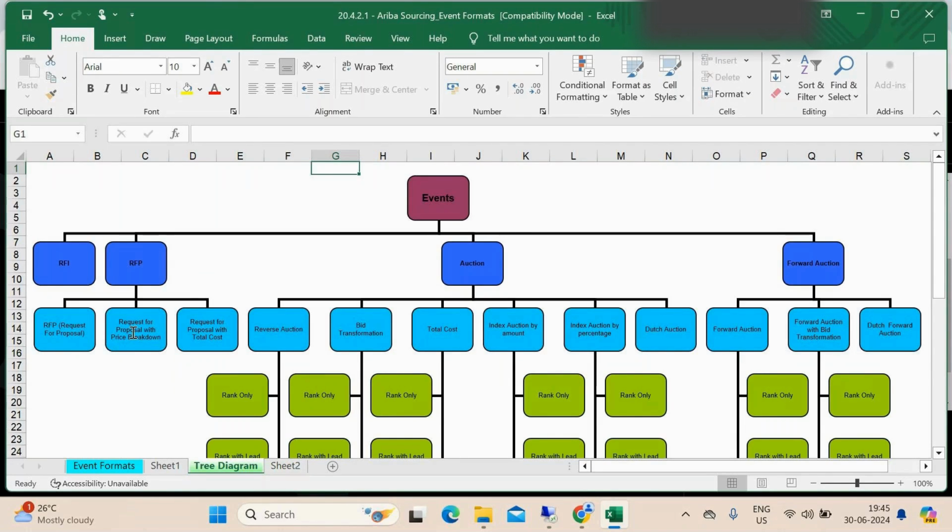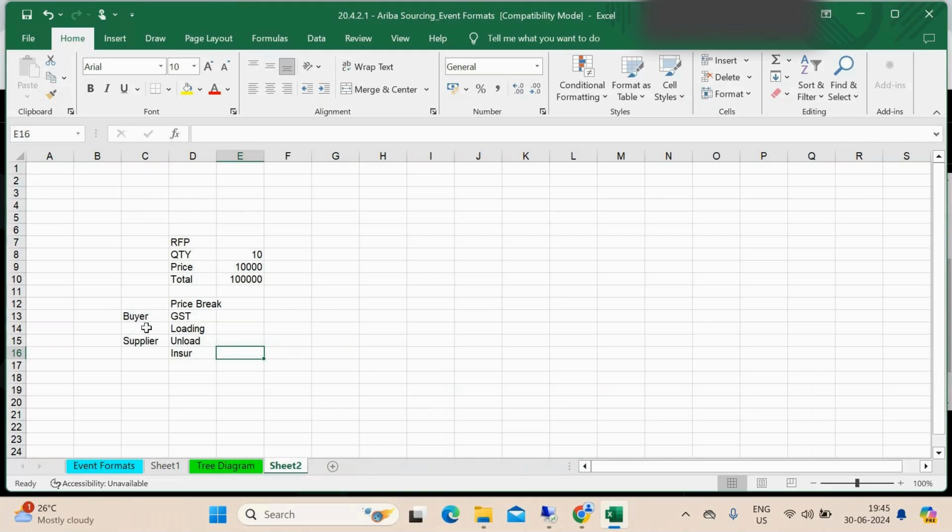Is it clear for you? We are going to check how it actually looks in a scenario. Request for proposal with total cost is nothing but if the supplier is paying all this cost apart from the basic cost. This is a basic cost, and these are the total cost.